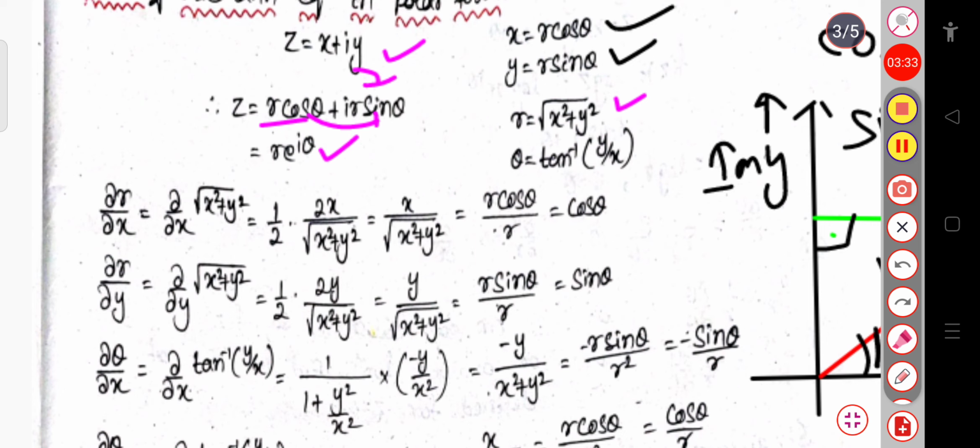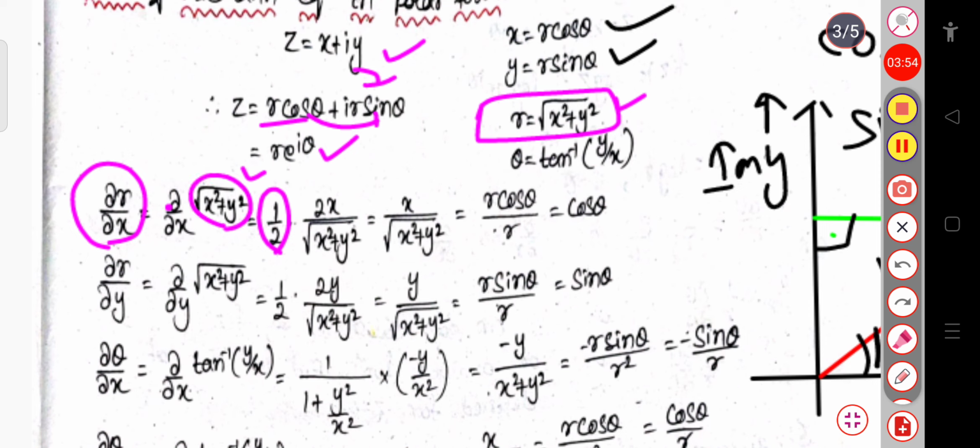Then we first take the derivative with respect to x. It is the partial derivative. If I take dou r by dou x, then this will be dou by dou x of the root of x square plus y square, which is equal to 1 by 2 into x square plus y square power 1 by 2, that's why this power becomes 1 by 2, into 1 by the root of x square plus y square. Again the derivative of x square is 2x. So we can write, 2 gets cancelled, this will be x by the root of x square plus y square.